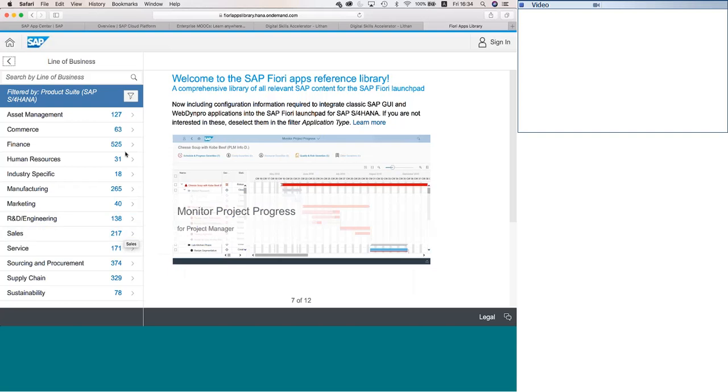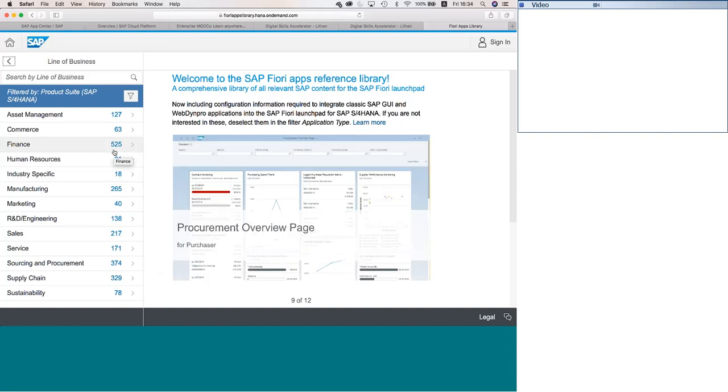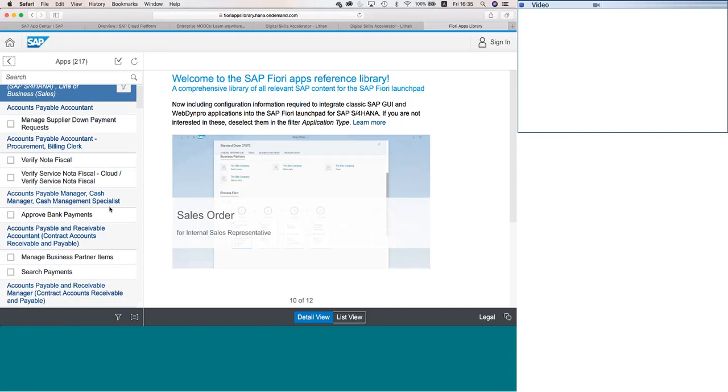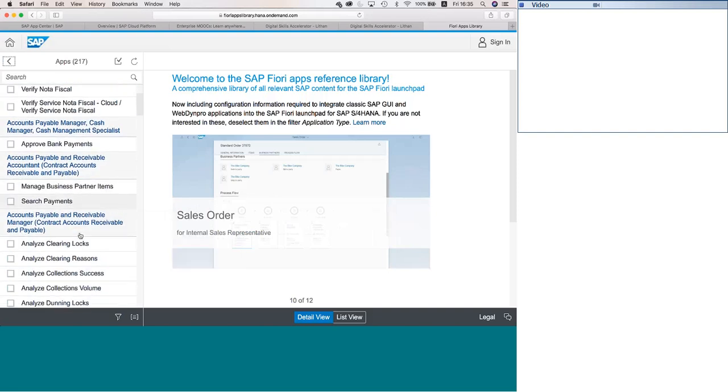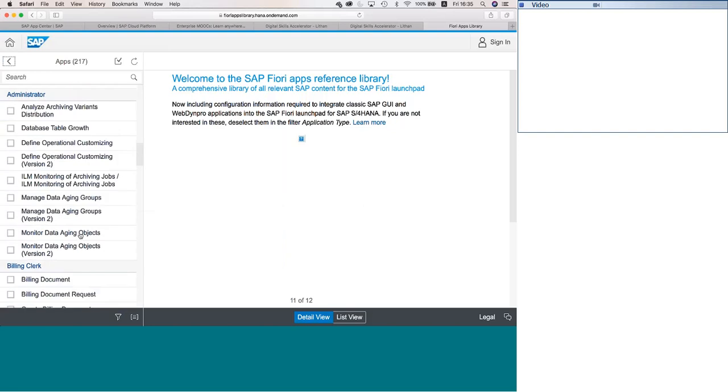Finance has 525 apps. Of course, when I say finance, it includes controlling also. There are two modules clubbed together. For sales, you got to see which one you want to use.